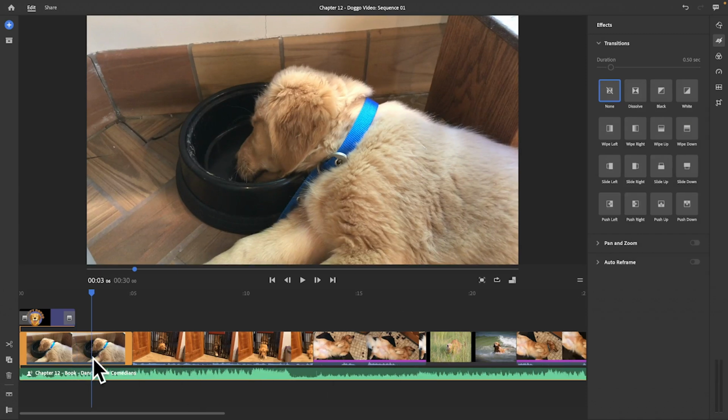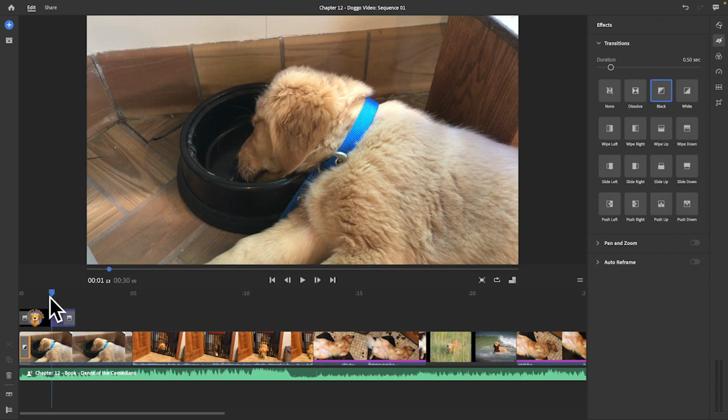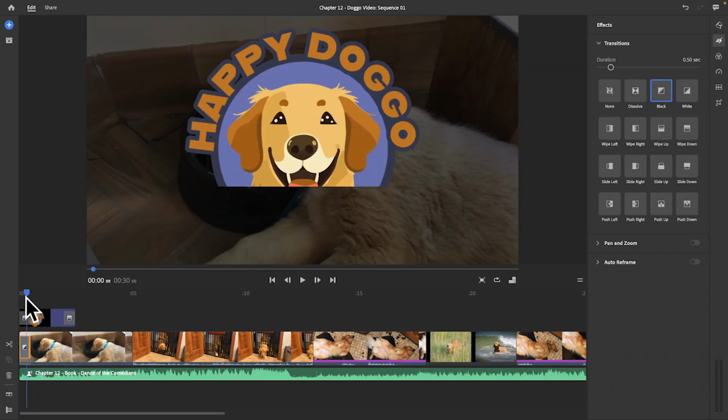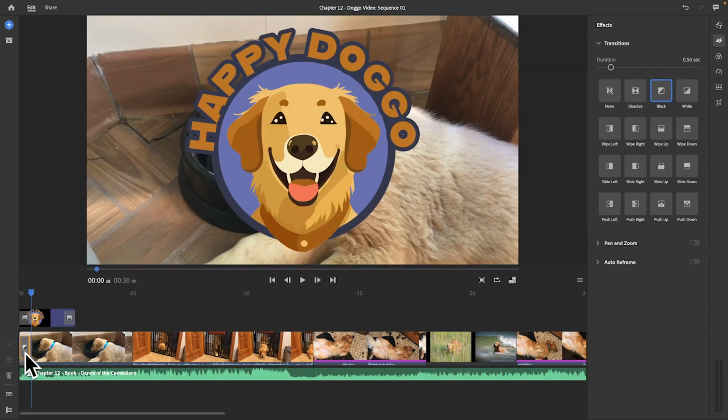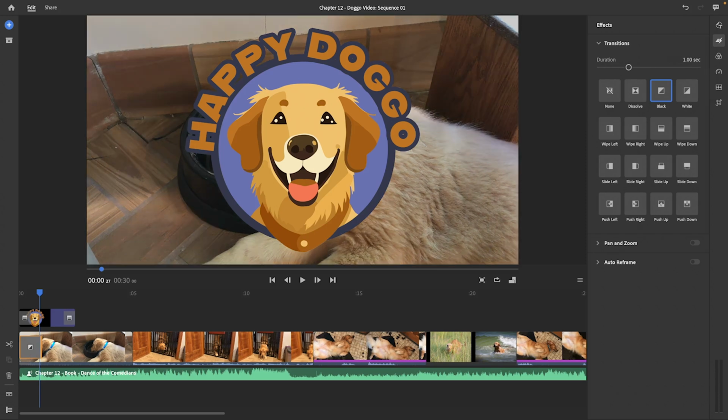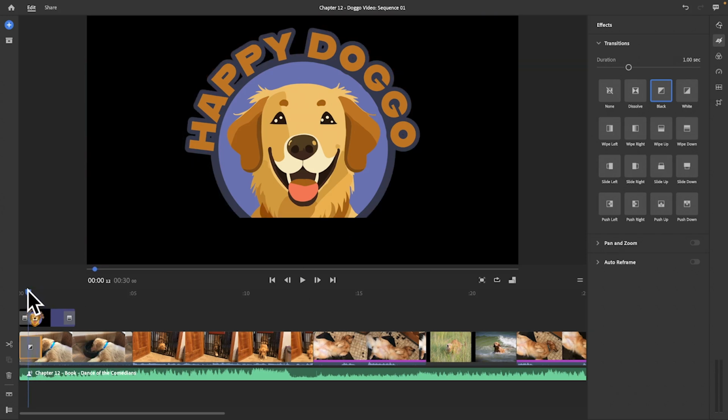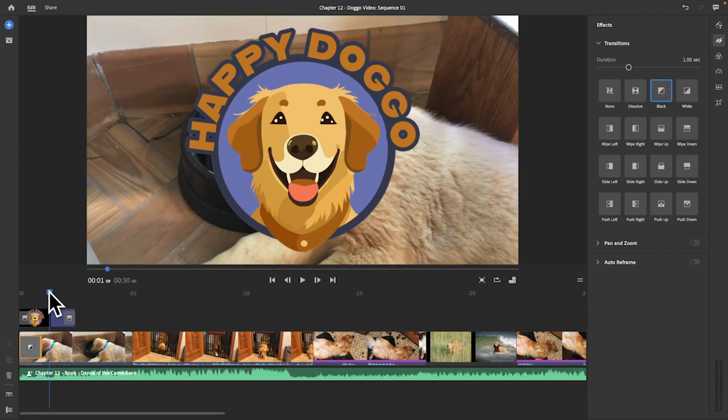Now we can do similar things to our videos by adding in more transitions. So at the start of this puppy video, let's add a fade to black. This will fade up from black. And as we go over to it, we can see that it dips down in black. I think we can get the timing a little bit better on it. So we could either move our playhead to the 1 second mark, or if this is still active, it's highlighted in orange, I can come up to my transitions and set this to 1 second. So now when this wipes in, once it's wiped in, the puppy starts fading in and then it wipes